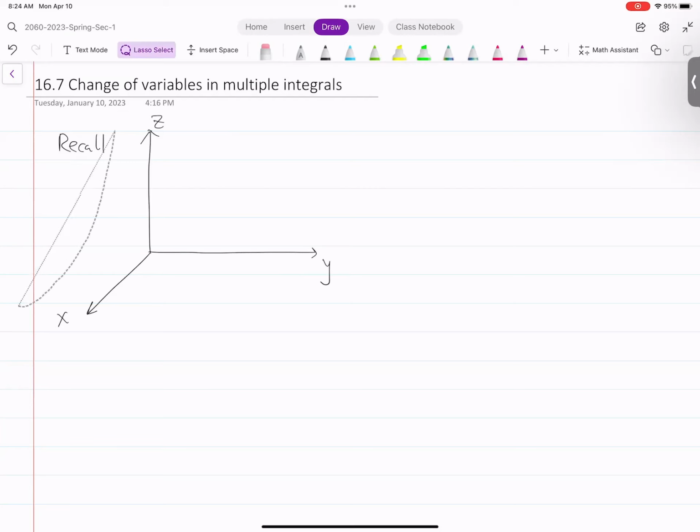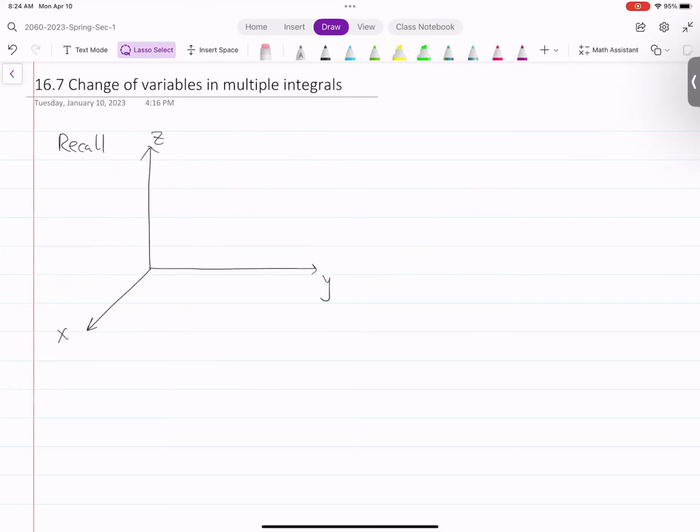But now we have also introduced other coordinate systems. So let's firstly sketch a rectangle in the XYZ space. If you talk about the rectangular box,